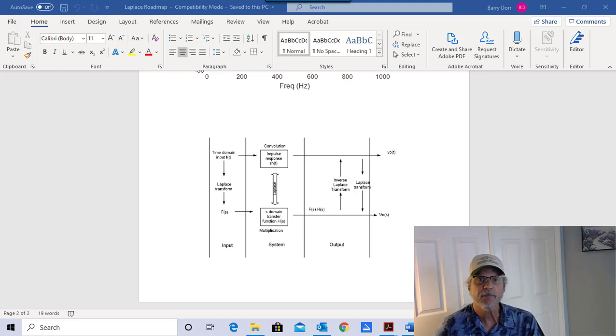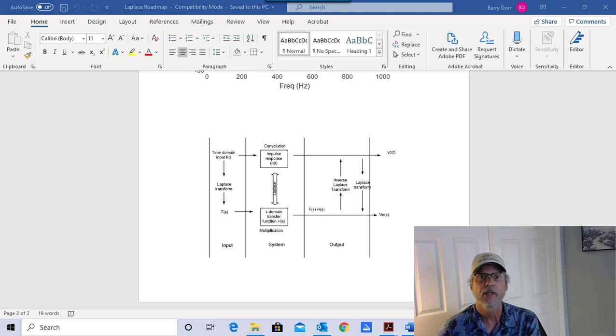Hi, this is Professor Dorr, and this is EE310 lecture number 23, Complex Poles and Convolution. In this lecture, we're going to cover the end of section 15.4 and all of section 15.5 in Alexander and